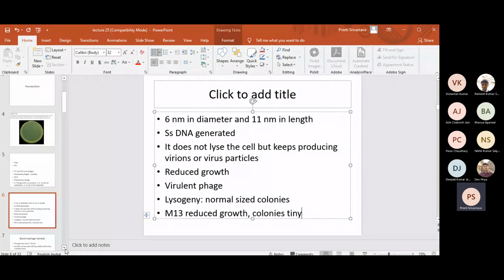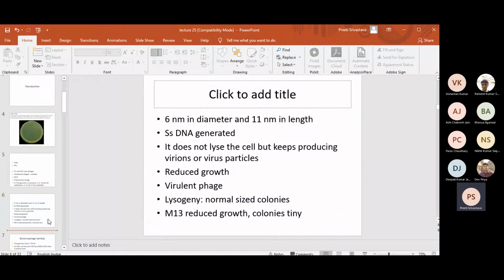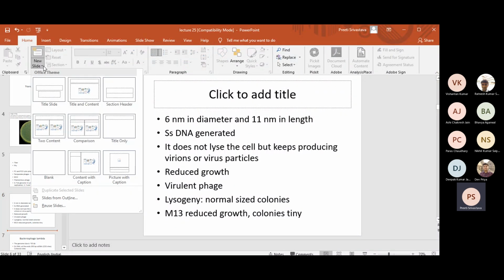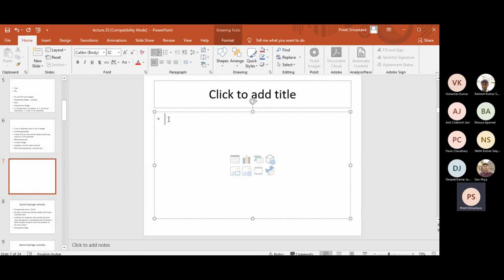Let me tell you a little bit more about these phages. M13, I told you, is 6.7 kb. Lambda phage is about 50 kb, and you will learn in a second why these sizes are important. And then P1 phage is kb. So what it tells you, class, is that M13 is 6.7 kb.